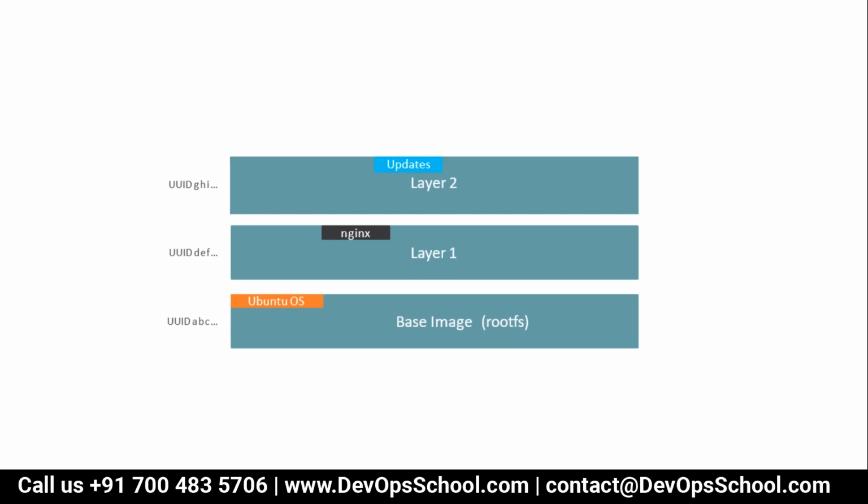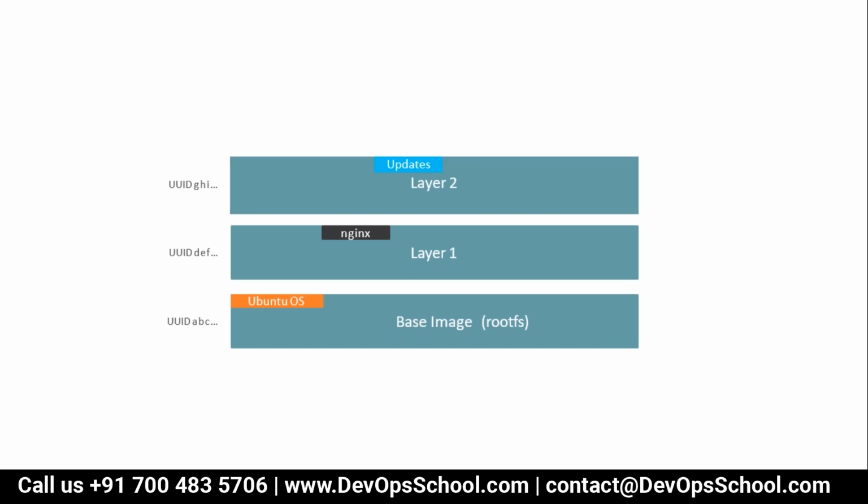Each layer, remember, is a file system, we call it a layer, and each layer has certain files and directories. And how can you identify it? It's assigned a UUID. Let me tell you, this UUID is assigned by the SHA-256 algorithm, and this is a universally unique ID. When I say universally unique ID, that means that ID you will not get anywhere else on this planet. That is claimed by SHA-256.